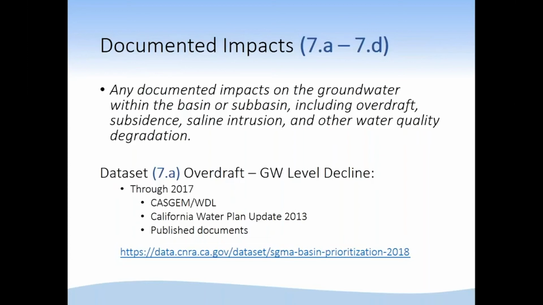Right now, for all four of these categories, there's a downloadable spreadsheet with all the information concerning all the documented impacts. So it's either a document that we possess here, or a document that is linked to an outside source. Currently, we're pulling all those documents, even those that are linked, into a single data set that will also be put on the website, so you'll be able to download all the documents that were used and not necessarily rely on links that have a tendency to go stale and get broken over time, which is very annoying.